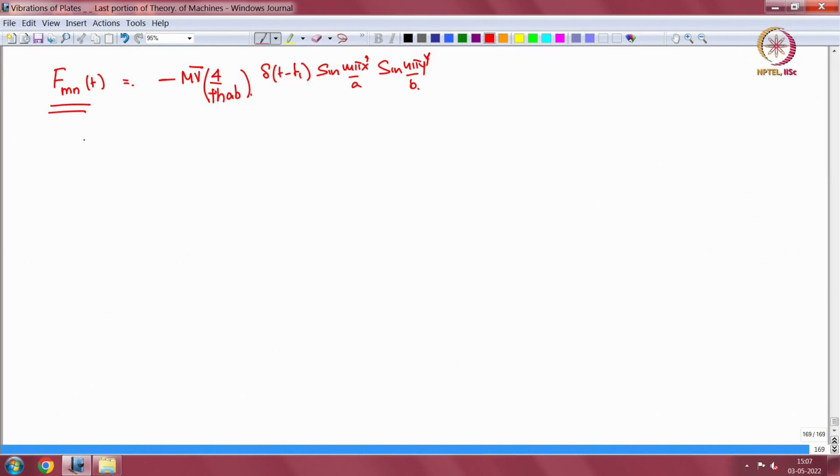So now if that goes into my eta mn double dot equation, this is Fmn of t with a delta function,